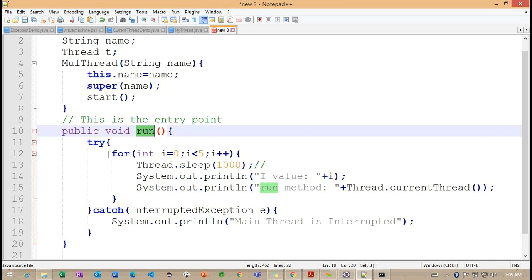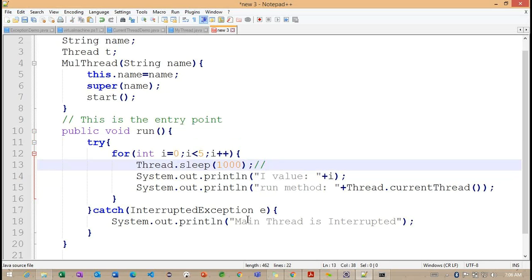Internally, we create one loop that repeats 5 times. Inside this loop, we make the current thread sleep for 1000 milliseconds. After completion of the 1000 milliseconds, it will continue to execute. So this is all about the run method.